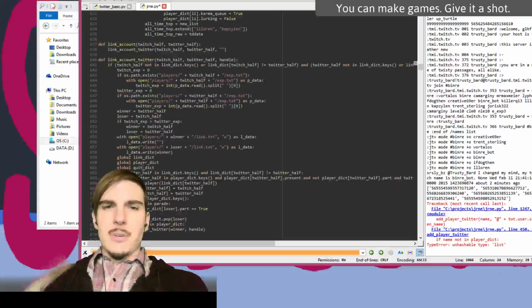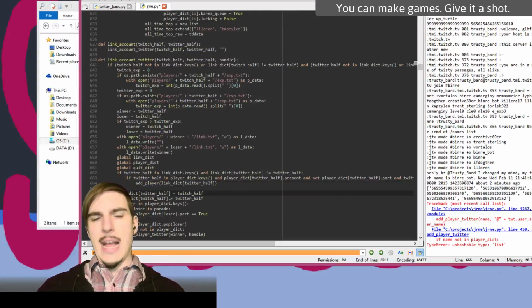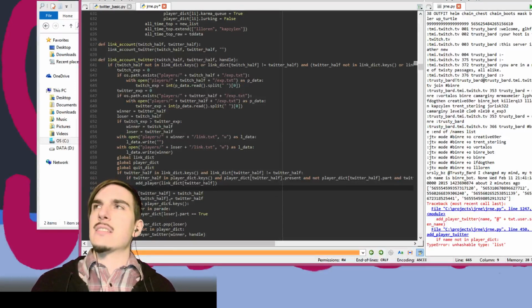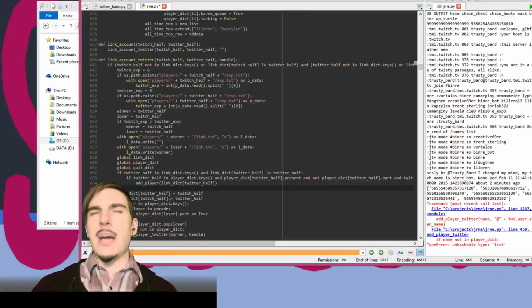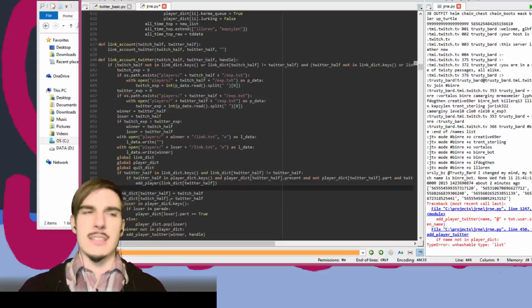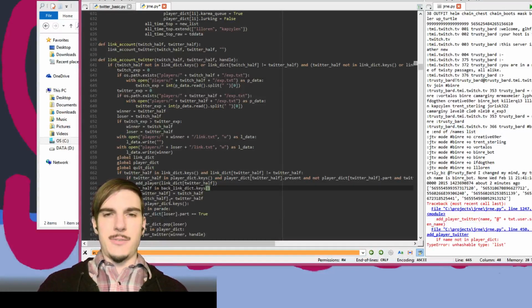So when we're linking the accounts, we can't just change these things up front. First, we have to check the backlinks, right? Because the backlink dictionary still has only one value for every key, because you can't have multiple things linked to the same account. So we just have to say if Twitter half in backlink dict.keys. Stop capitalizing those things, please, you silly software. Okay, in backlink keys, then